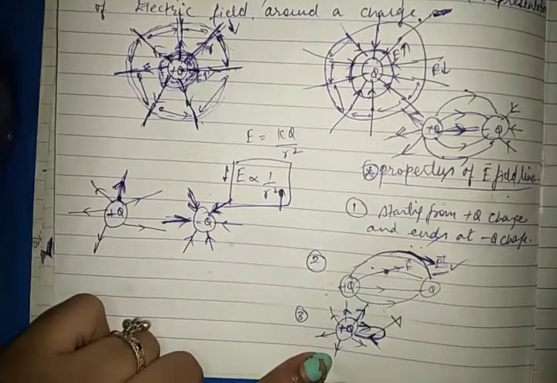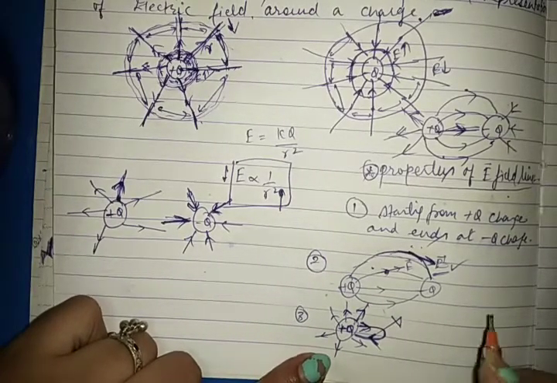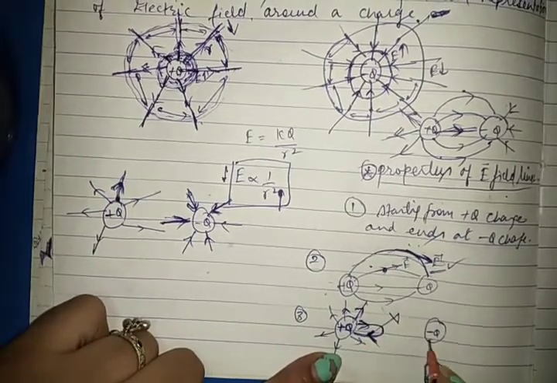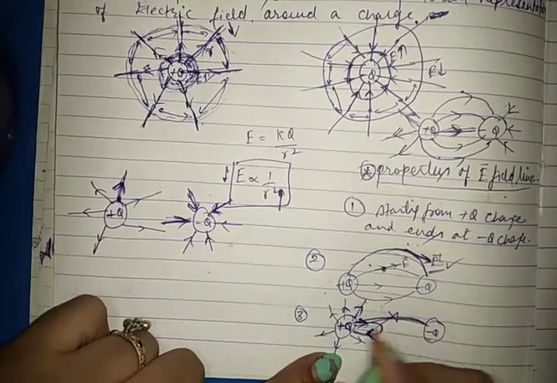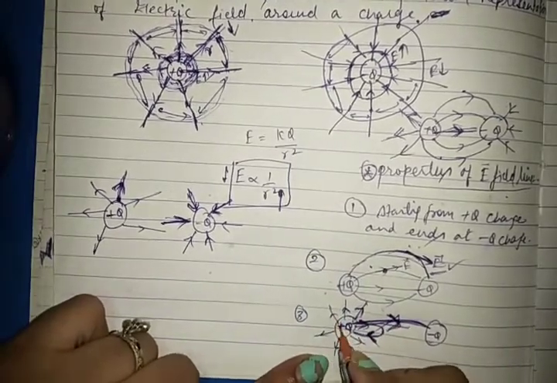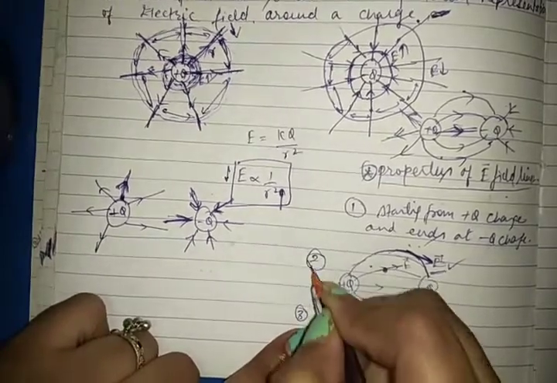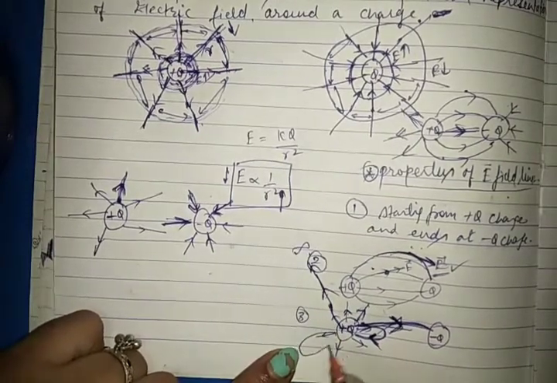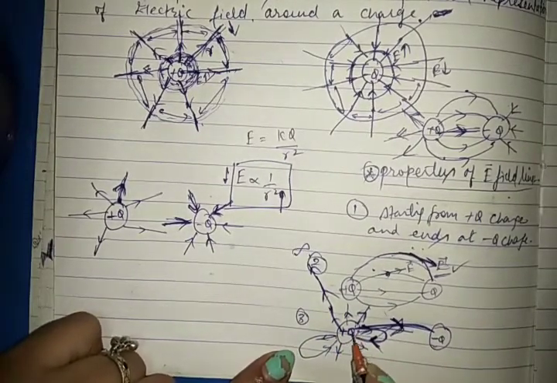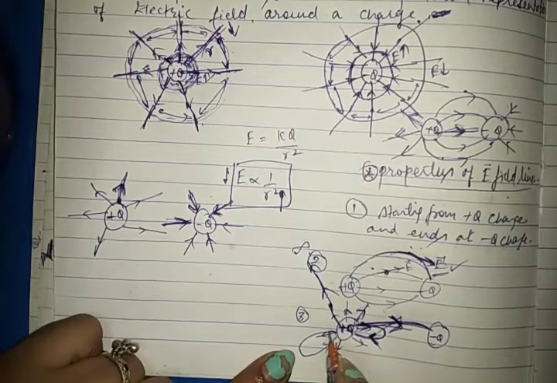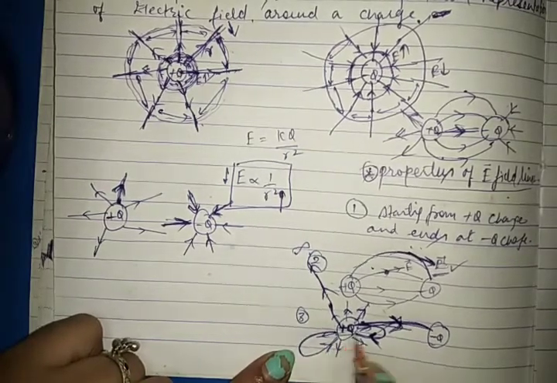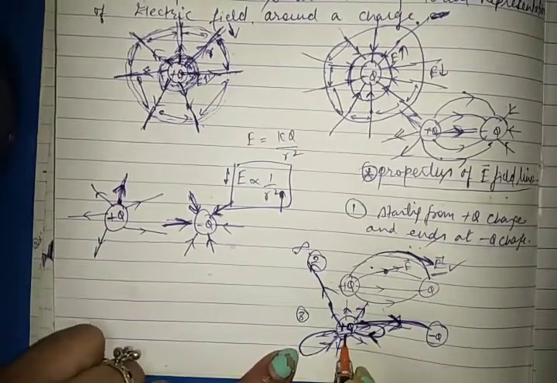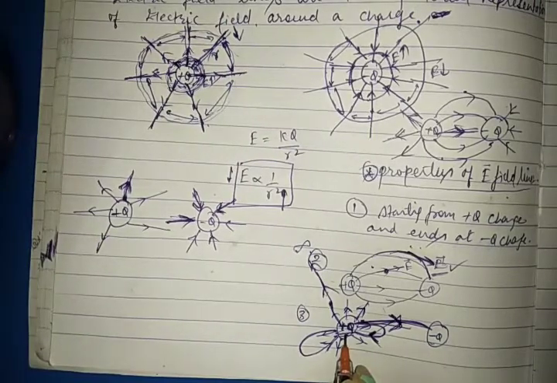So a closed loop will not be possible in the case of electric field lines, because the electric field line terminates only at the negative charge. If there are two charges, then only it goes like this. Otherwise it goes up to some point at infinity. Where it will go we don't know. Up to infinity these electric field lines will go, but they never return to their own charge, right? The electric field line generated from the plus q charge will never come back to this same charge, because the plus q charge always sends electric field lines radially outward. So these are the properties of the electric field lines.